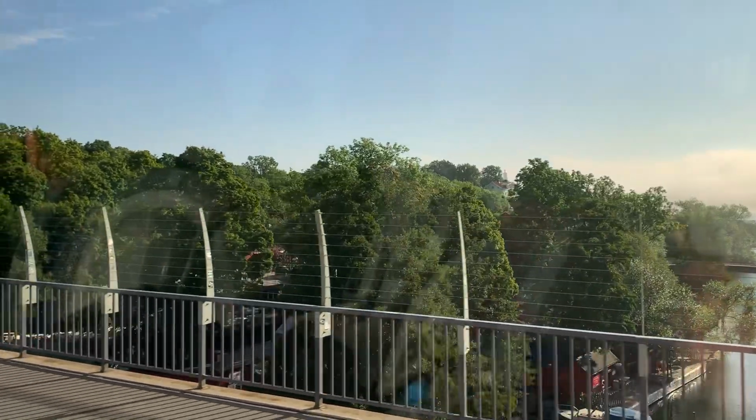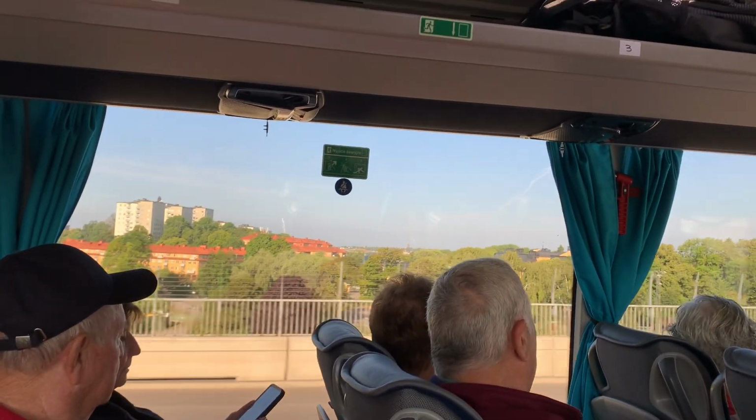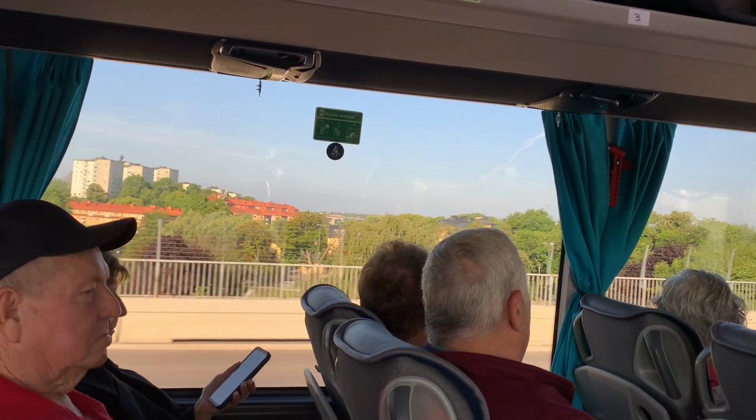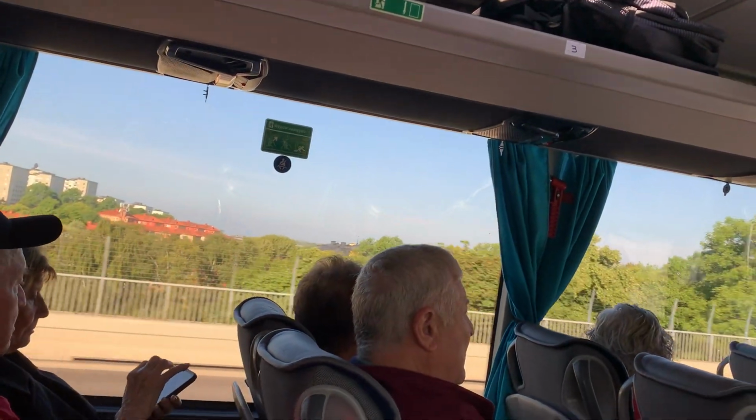That's the prison I told you about. That used to be a prison until 1970, so it's not too long ago that it transformed into a nice hotel and a guest house. And now what you're about to experience when I'm silent, on the right side,